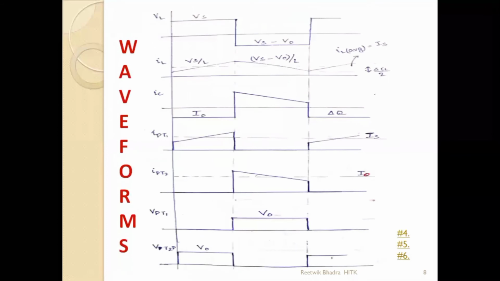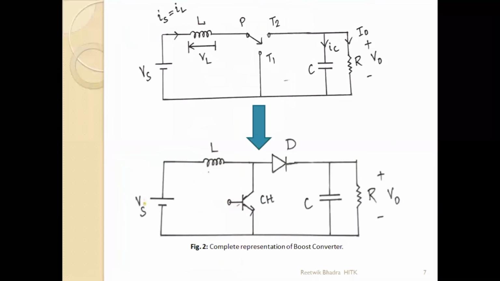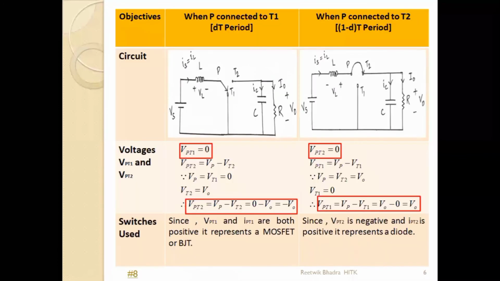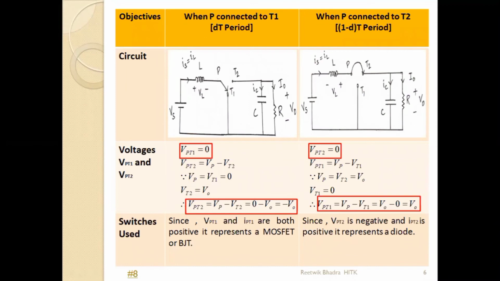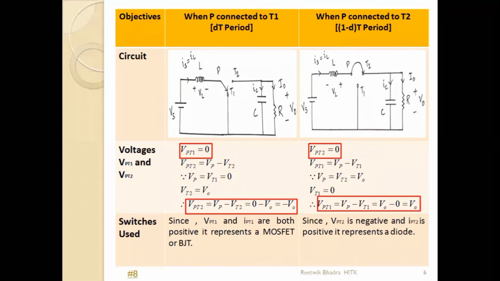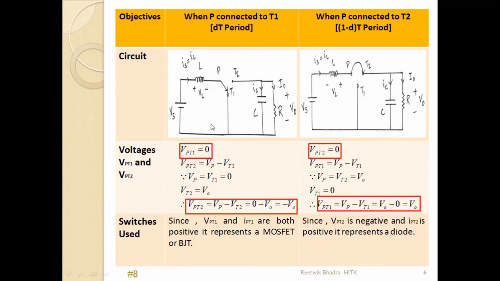I need to explain the average current. Look at the average current from this circuit. I told you how to determine average current. There are two average currents in the circuit. One is Is and the other is I naught, because those are fixed DC, which I am assuming. Okay, so if P is connected to T1, what is the current flowing through this circuit? It is nothing but your Is, that is your average current. Can I say IPT1 average current is Is? Because there is only one average current that can flow through this circuit.